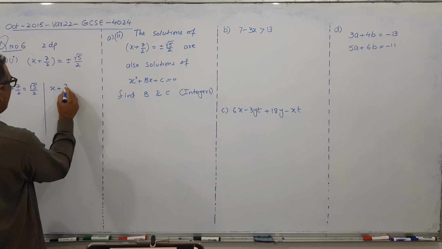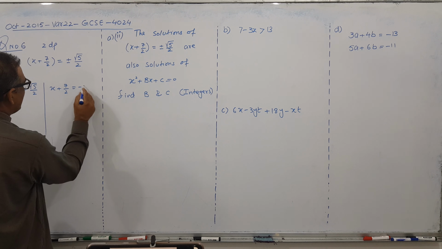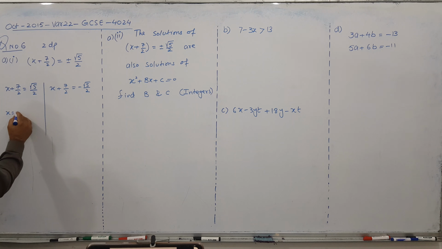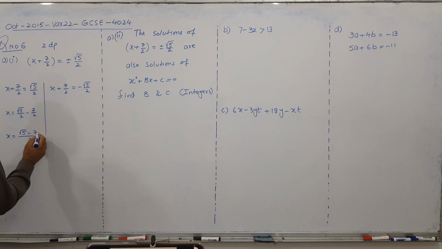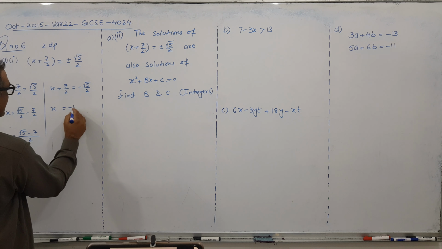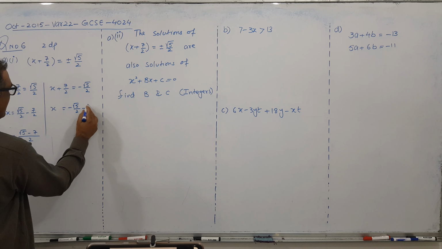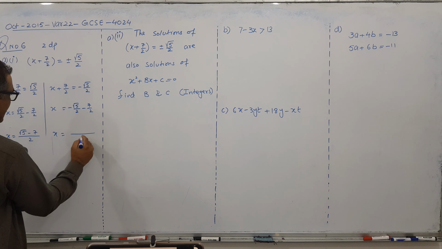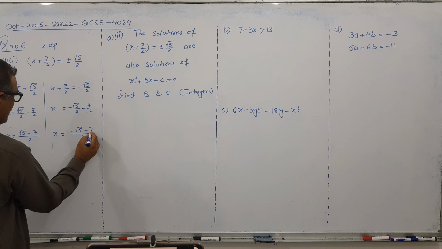And one time I will write here minus root 5 by 2. So it goes there: root 5 by 2 and minus 7 by 2. Its LCM is clear because the denominator is the same, so 2 is the LCM. Don't write 2 into 2 is 4. So this is our answer. And similarly here, minus root 5 by 2 and minus 7 by 2. And ultimately again LCM, minus root 5 and minus 7.